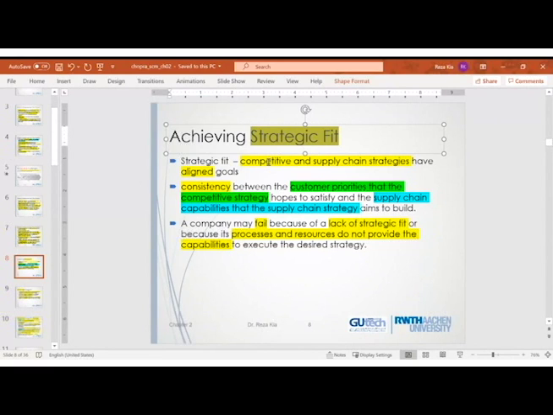So if the customer priority is addressed, is fulfilled by my supply chain, but this is not just a slogan, this is not a motto. You need to have a capable supply chain. So the customer priority will be fulfilled by a capable supply chain. So at a lower level, it means that the competitive strategy and supply chain strategy should be aligned to each other. And if you fail,